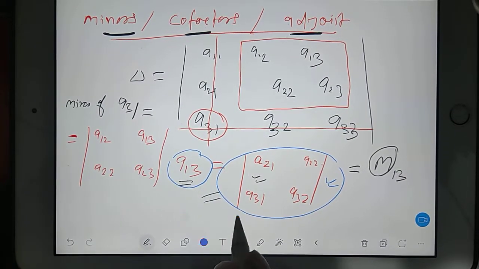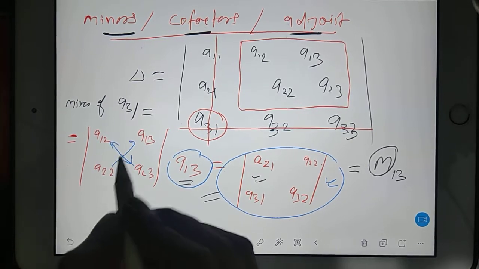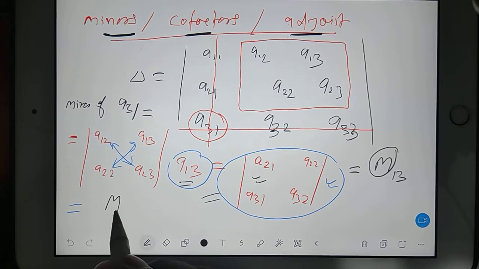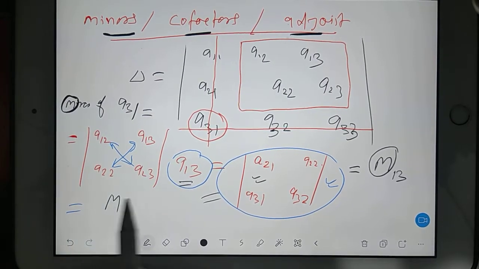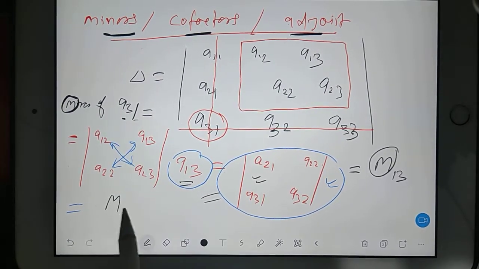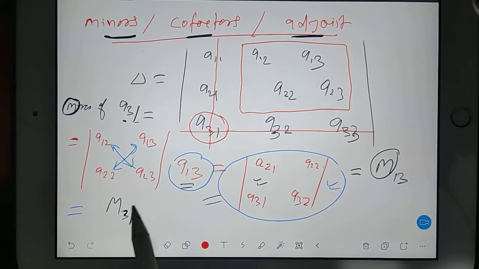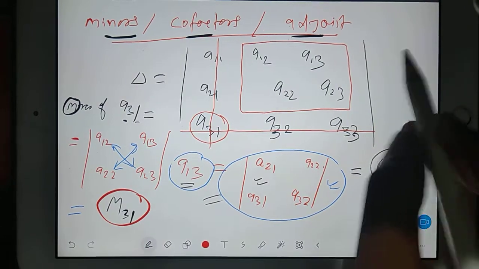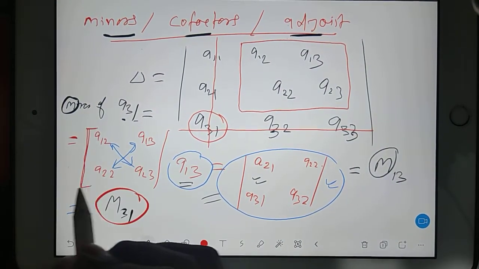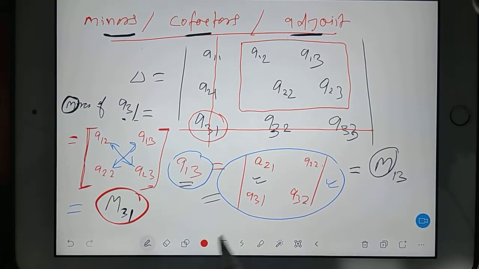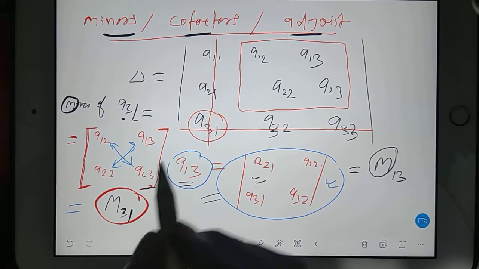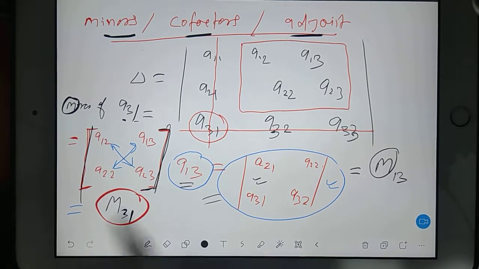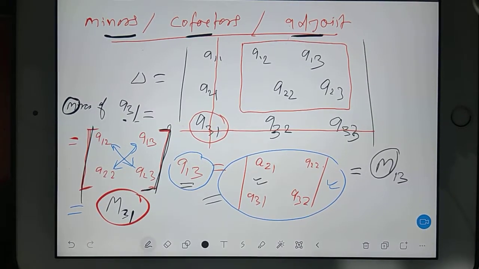Now when you find the determinant by multiplication like this, some answer will come. That answer you represent with M, because you are finding the minor. For which element are you finding the minor? For 31. So put 31 here. And one more thing, keep in mind, when you write the determinant sign, you should not put a bracket here. Some people, just to show off, put brackets here. No guys, this is not a bracket. The determinant is a vertical line. It is just a vertical line. You should not put a bracket.